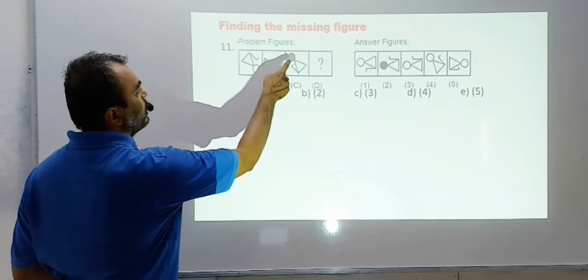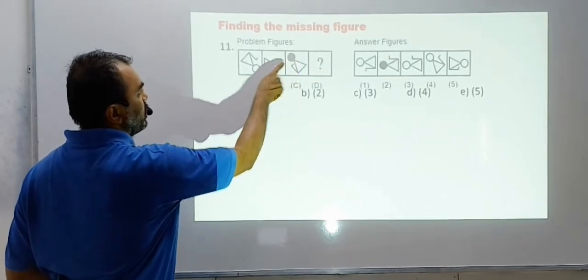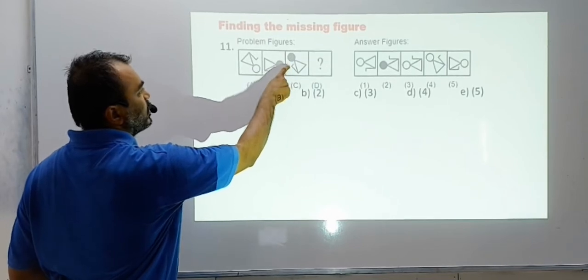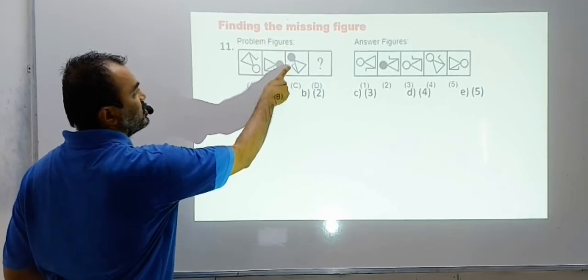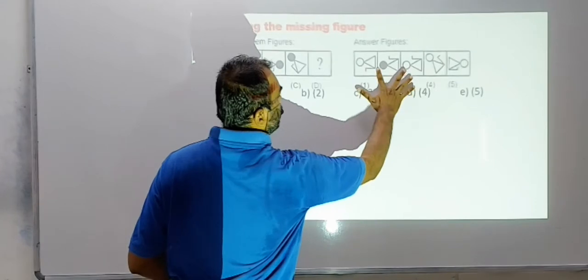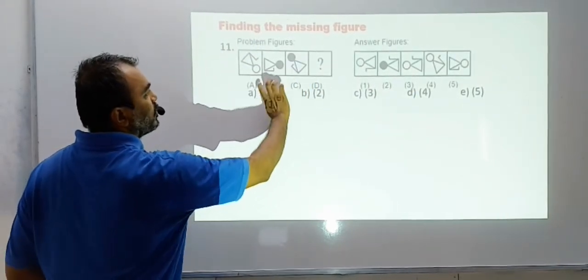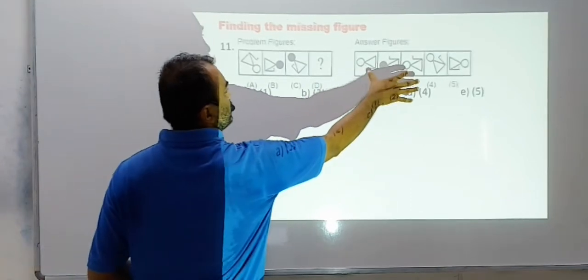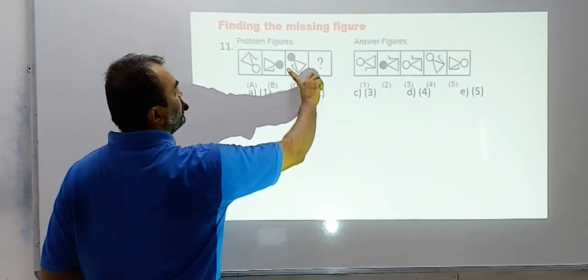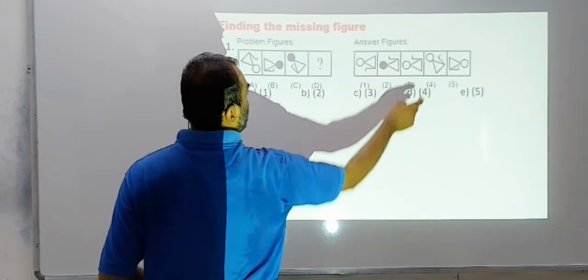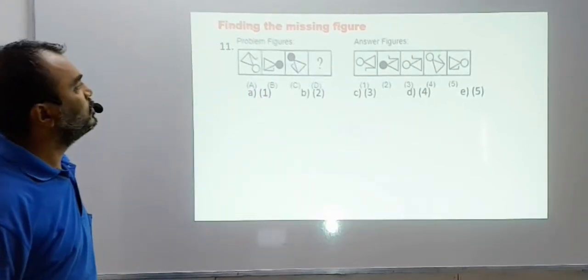So let us do it here. The circle, let us move it 45 because it is anti-clockwise. So here also anti-clockwise. So circle comes here, but a hollow, change color. So you got 1, 2, only 2 options, right? Circle will be hollow. Triangle moves 45 without changing color. So again this 2 here. But this arm now moves to the opposite side here. So which is the arm going to the opposite side? 3 should be the answer.